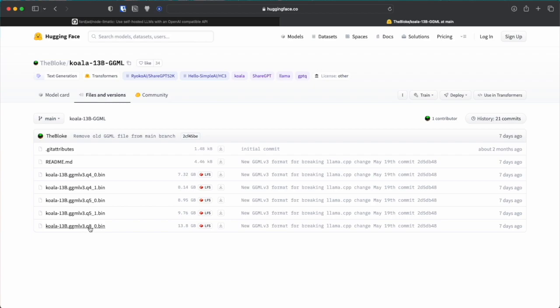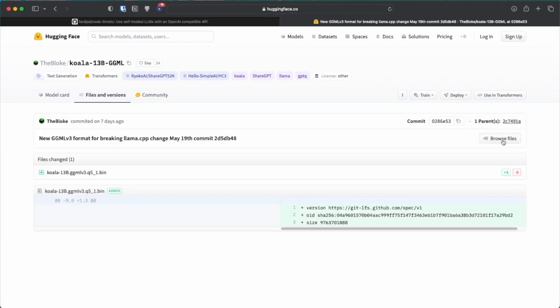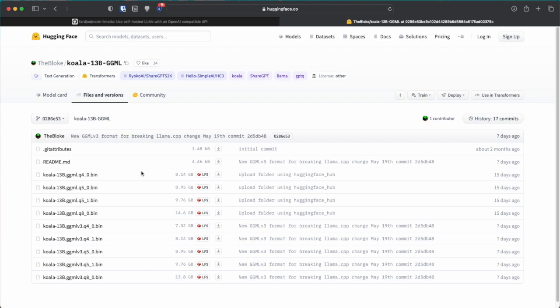Until llama-node updates its version of llama CPP, I have to go back in time and download one of the older versions. Of course, if you're impatient, you can try to update the version of llama CPP in llama-node manually and create your own adapter based on your own fork. Anyways, let's copy this URL, go back to terminal,